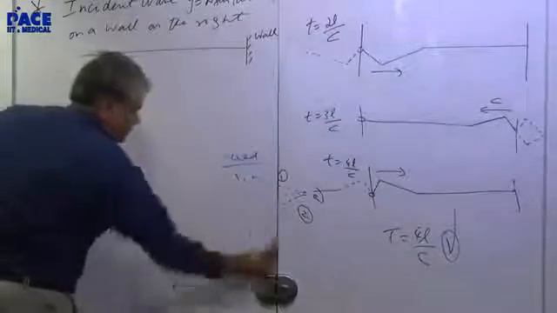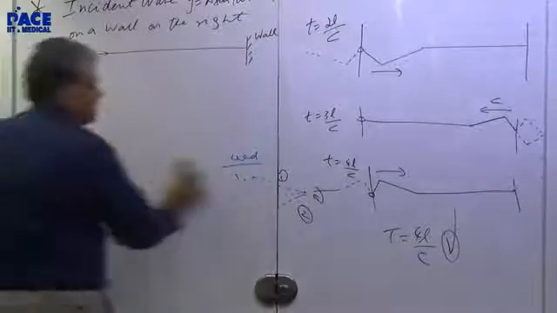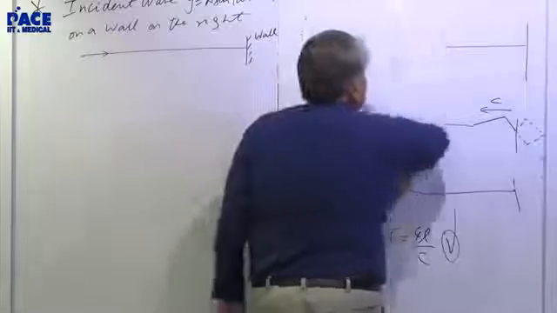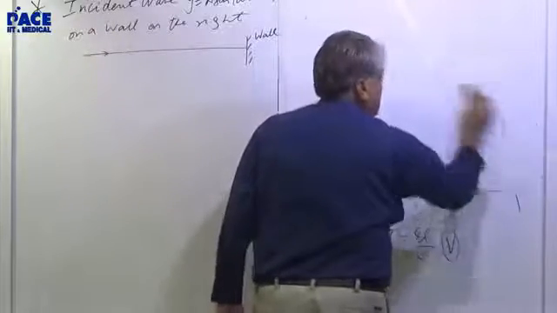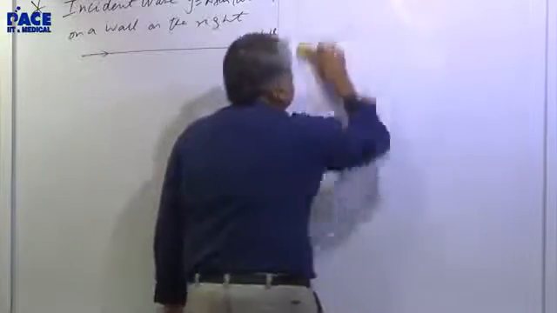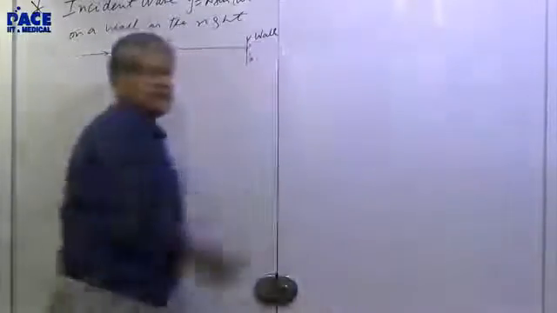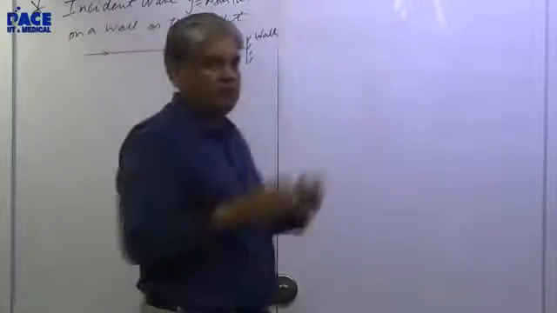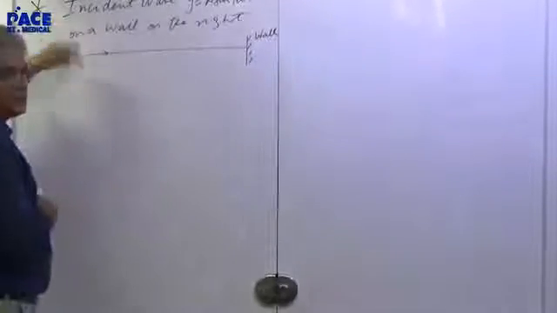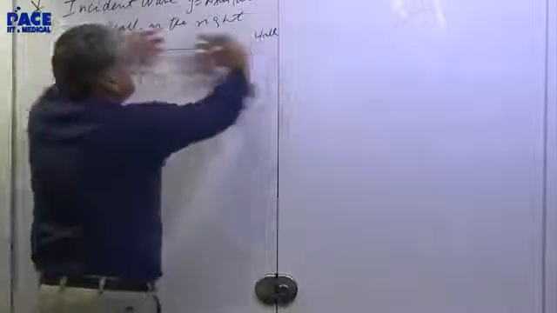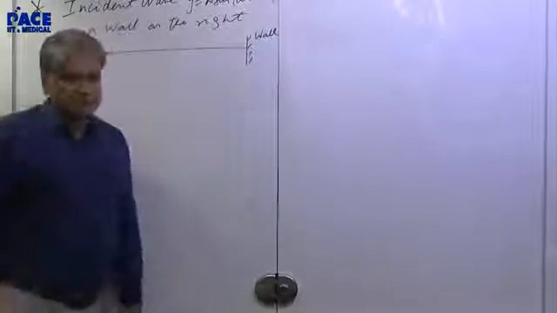So I take an incident wave which hits a wall on the right. From the wall the wave will get reflected and you will have a reflected wave. Unlike the previous question, these are not pulses. A pulse means just one or two, a wave train, a couple of them. But here the wave goes on coming. So this comes on and then it comes back, and they will superimpose.